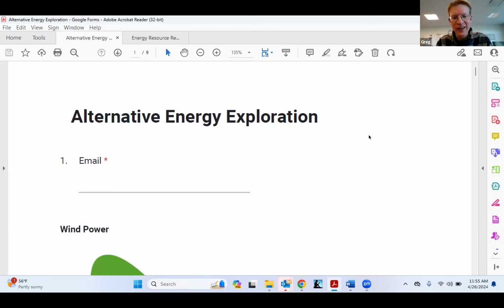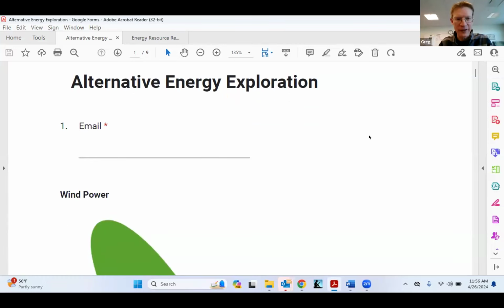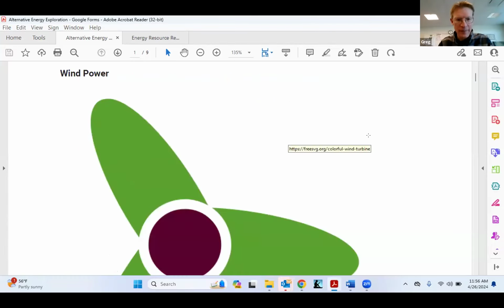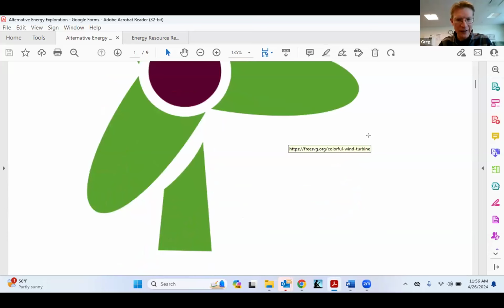After everyone's done, then we talk about it. Hey, who had the best design? What made that the best design? Et cetera. How does that compare to actual wind turbines? There's a lot of great discussions that we can have going forward. I'll show you a picture of what the setup looks like when I'm done going through this Google form, and it'll be pretty self-explanatory. So that was wind power here.